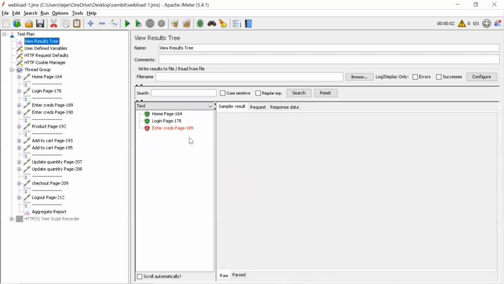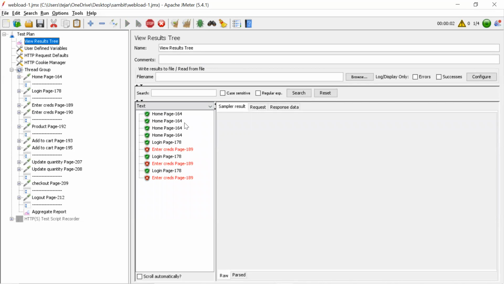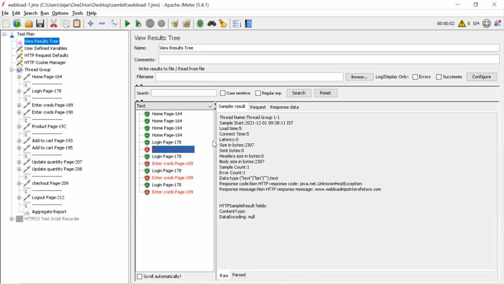See, it stopped again. It did not start the loop, because with the stop thread option it will stop the current user. It's making the user fail directly, taking the user out of the system. If I give 4, all 4 will execute, and whenever there is an error, they will stop: first user, second user, third user, fourth user.